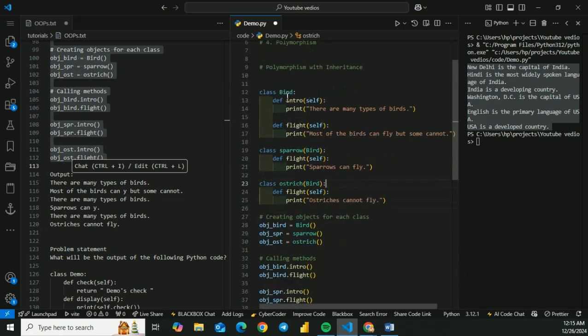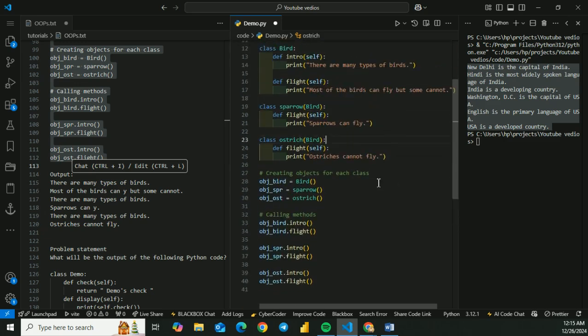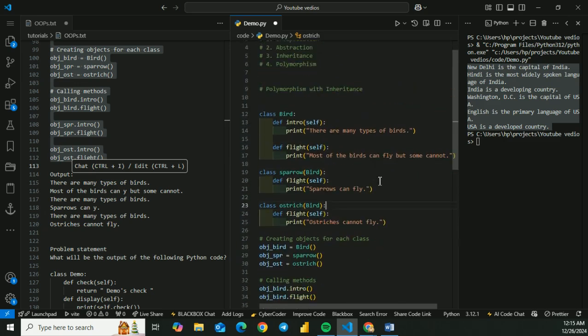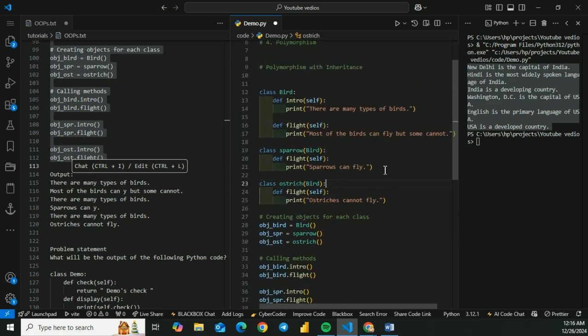So what we get is the introduction, where there are many types of birds. Then what is the flight? Because most of the birds can fly but some cannot. So where is sparrow? The flight will differ because sparrow can fly, whereas ostrich cannot fly. So this is how we define the parent class and the child class, where polymorphism is inheritance, where the overriding